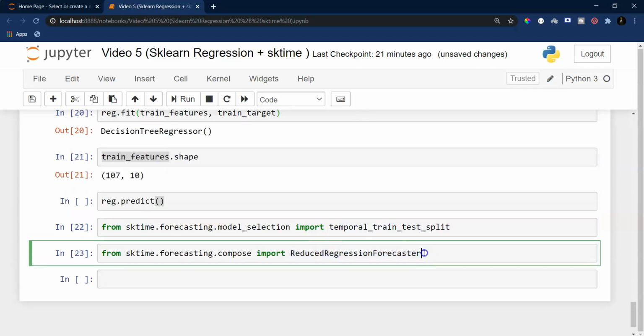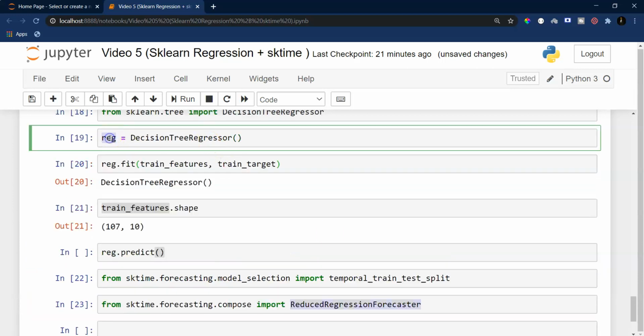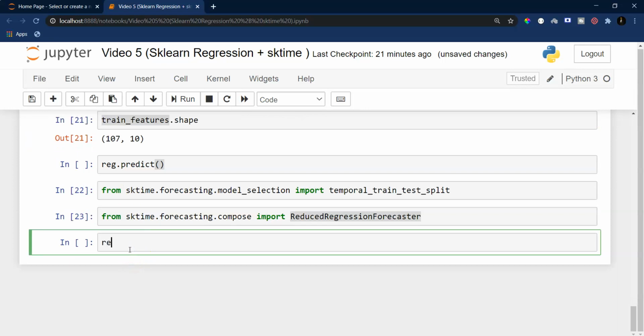top of sklearn. In this reduced regression forecaster, I can specify any regression class from sklearn. So I can make a regressor class.